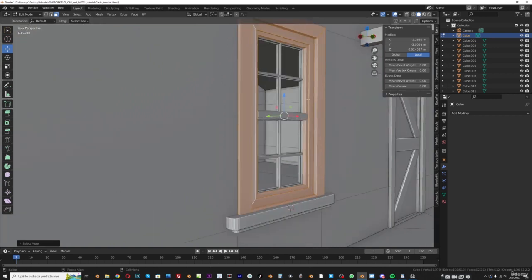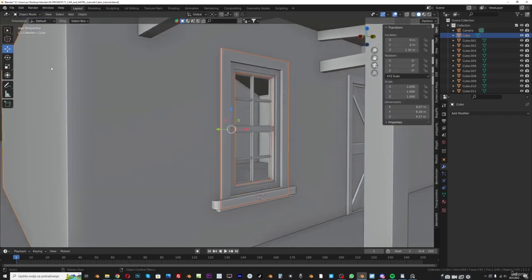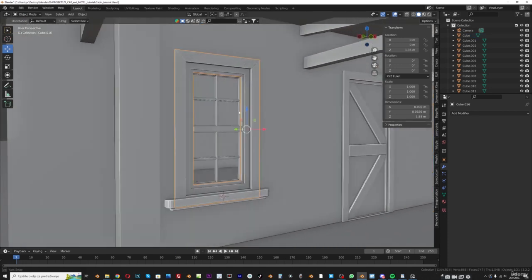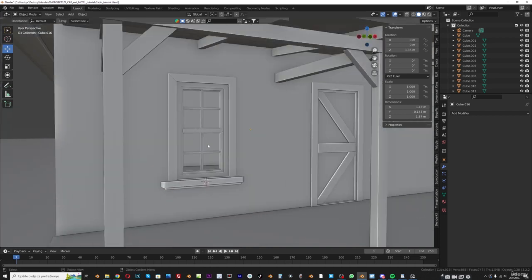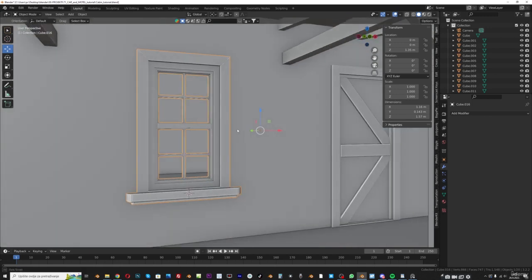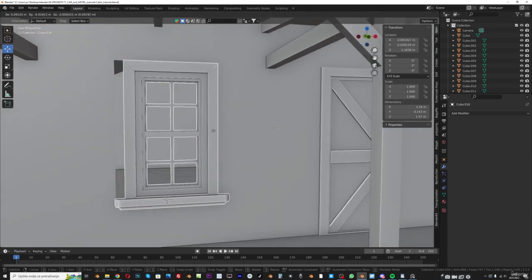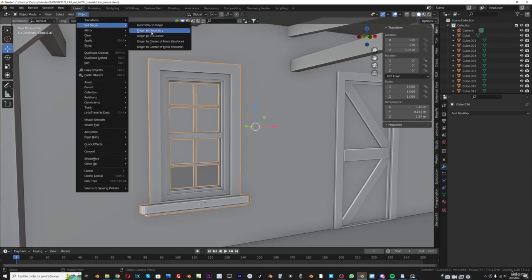Okay, and now I select all this window frame, and I can press P to separate by selection. And now this is a separate object, and I can select this object and this one with holding Shift, and I can go with Ctrl J to join this object, and we can see that we now join all these window objects. And I will now go with Object, Set Origin to Geometry,